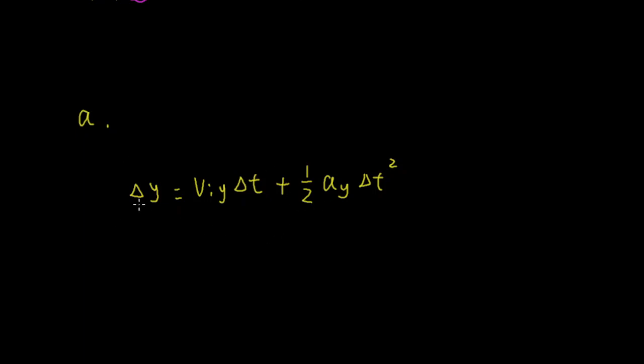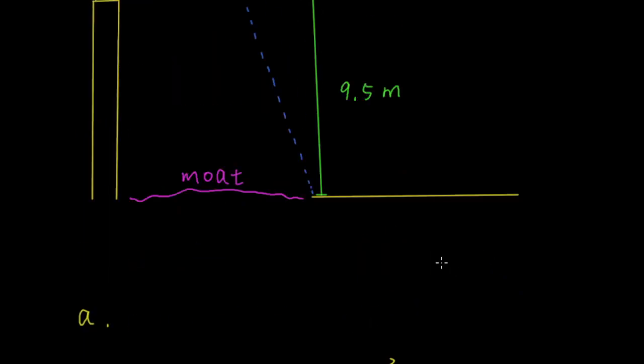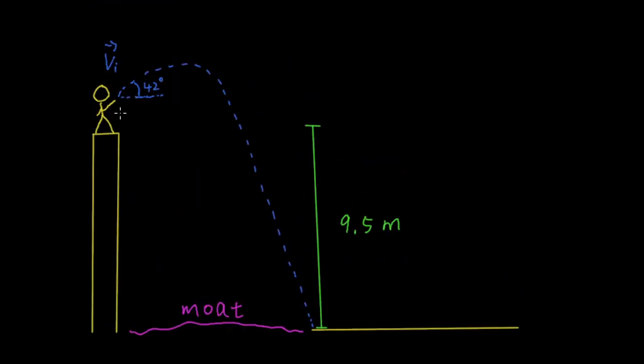Now let's look at delta y. What's delta y? Change in height. That is y final minus y initial. What is y final? What's y initial? Now, because the prince throws a rock here, I would say this is the initial height, which is 9.5 meters above the ground. And when the rock hits the ground here, that's the final height, which is 0 meters. So